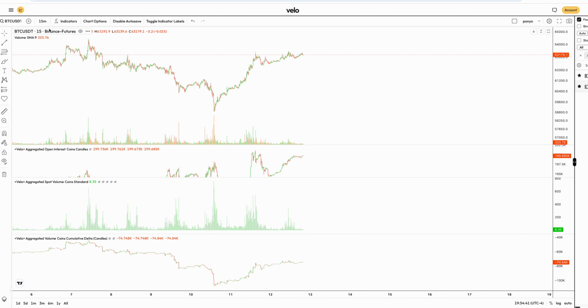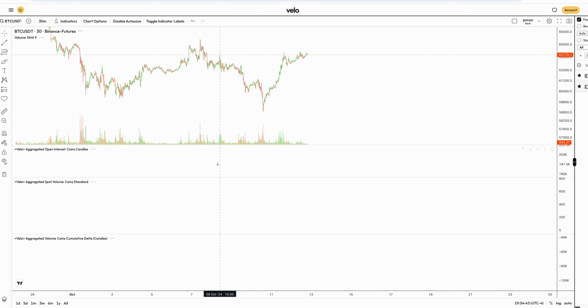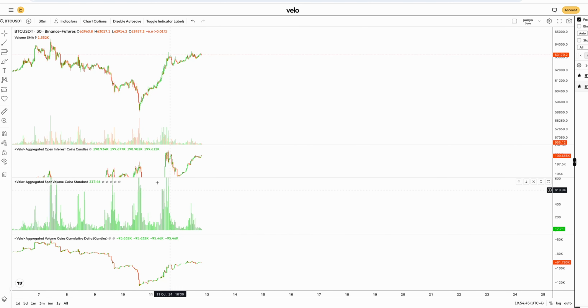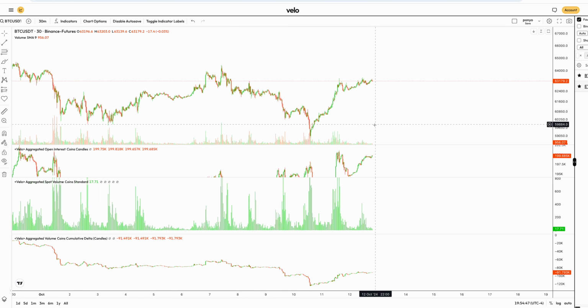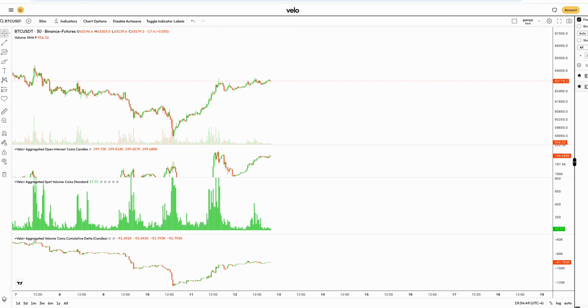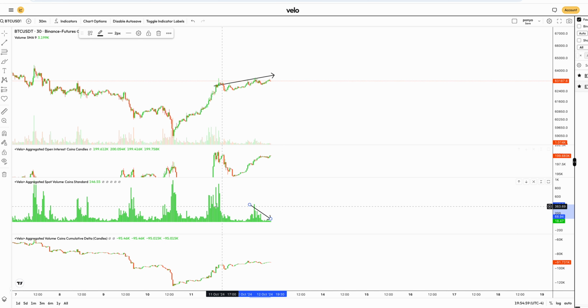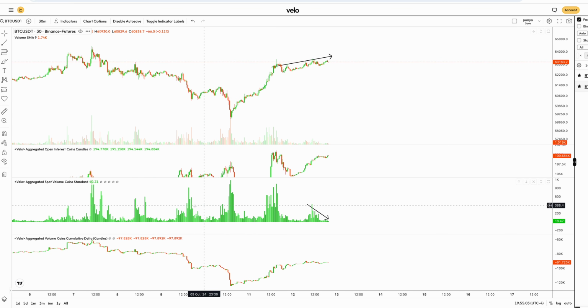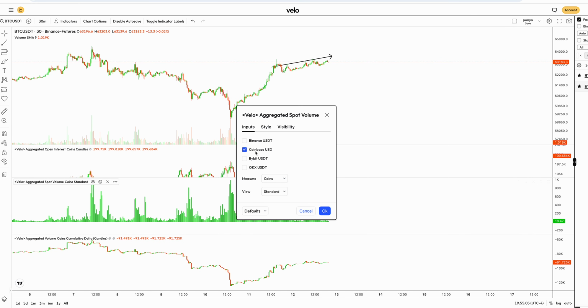So what we see over here, we'll actually go on the 30-minute here. And you see how the price rises here? Price is rising, but then you have spot volume declining. And then you also have divergence, right? So on Coinbase,